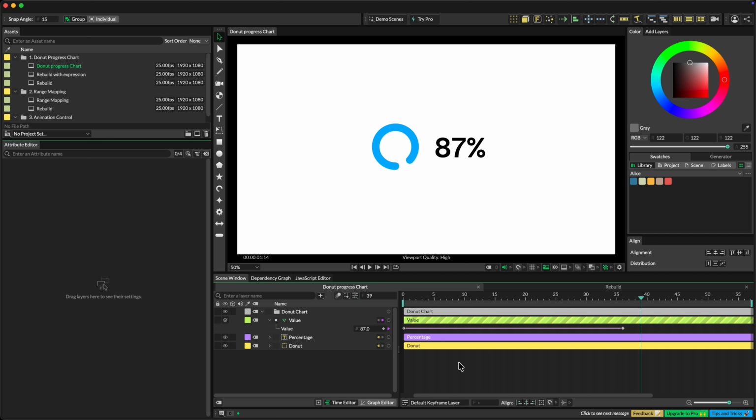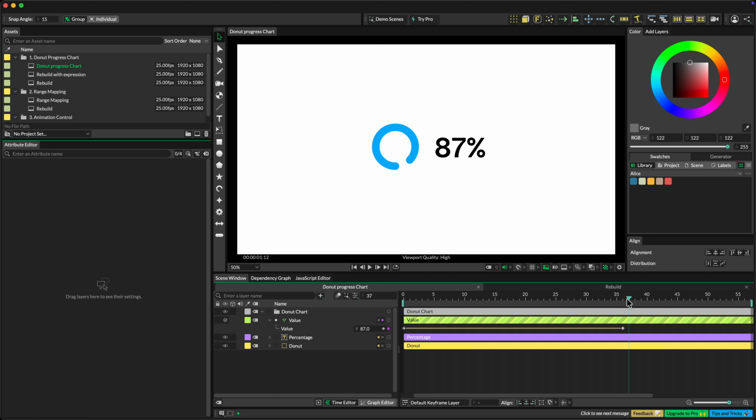It can cover a lot of things. In this context, though, we just need a value to start at 0 and go up to something else, like 75 or 100. And for everything else that we design, which is very simple in this case, we want everything else to follow that. Now, this is the heart of rigging animation. In Cavalry, After Effects, or anywhere else, you get a thing that doesn't actually render on the screen, like a value in Cavalry or a slider control in After Effects, and then link it to all the things that you